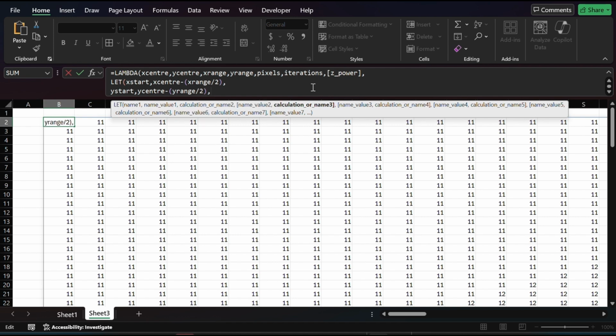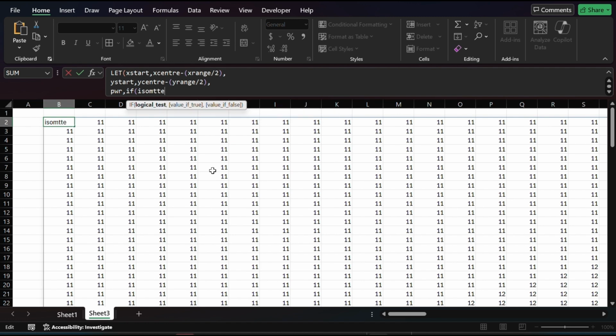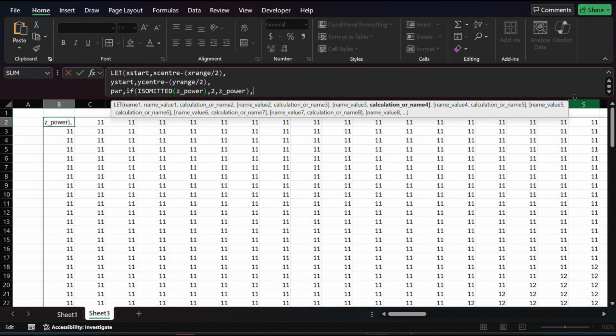Then we're going to set the number for the power, and it's wise in a let function to do this early to avoid lots of recalculation. So we'll just call this PWR, which is if ISOMITTED z_power, then 2, otherwise z_power. So we now have the power value. We can now just go about